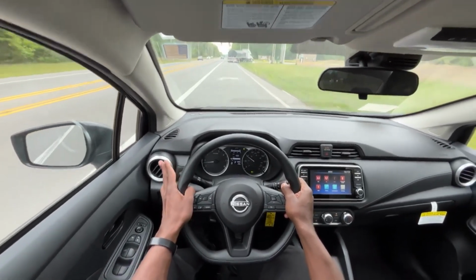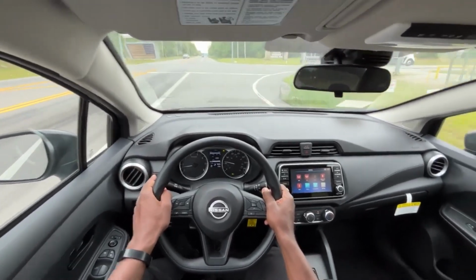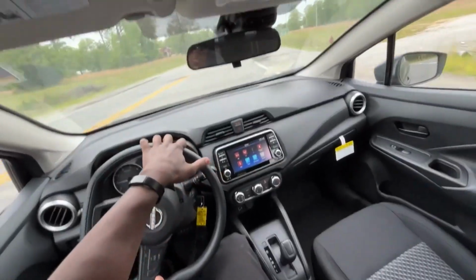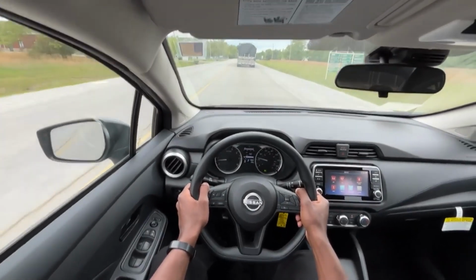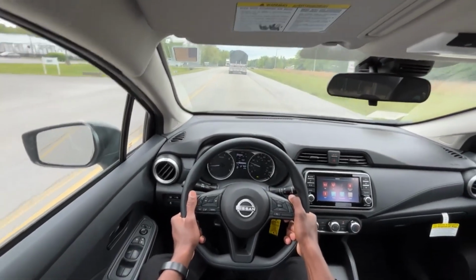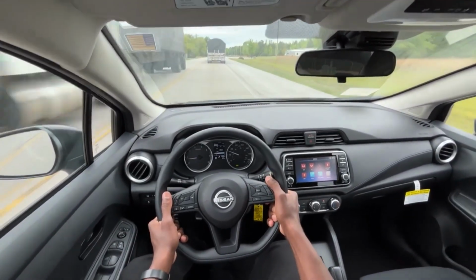But if you're one of those people who just doesn't care about anything, just as long as it gets you from A to B and has a warranty, all of that, this is gonna be perfect for you. And if you don't like using the adaptive cruise and having all that technology anyways, you'd rather have this and save the money. Me personally, I like having the adaptive cruise, I like having remote start,